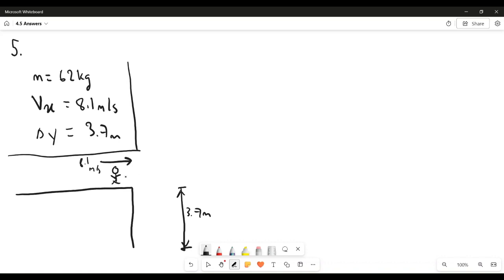but as the snowboarder falls down the cliff or whatever it may seem, this 8.1 meters per second, if you remember from projectile motion, stays the same. However, the snowboarder is now going to experience a vertical velocity. So we need to find that vertical velocity. And so how are we going to do that? Well, to do that, what we're going to do is